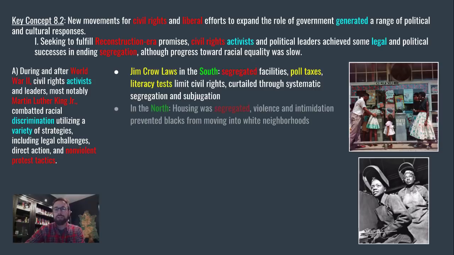Okay. Meanwhile, in the North, just so you know, it's not like segregation didn't exist in the North. It's not that the Civil War and Reconstruction ended racial discrimination up there too. It just wasn't as bad. That's the reason that many African Americans moved into northern cities during the Great Migration, but at the same time, those shifts in demographics caused an increase in violence in northern cities and many race riots as well. So just keep in mind that segregation has been going on for decades at this point,